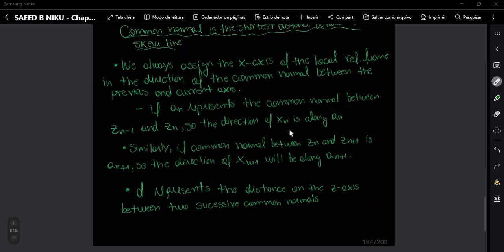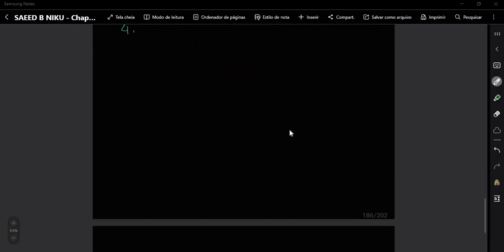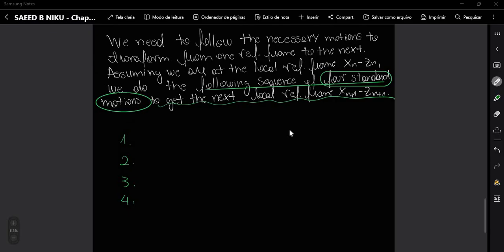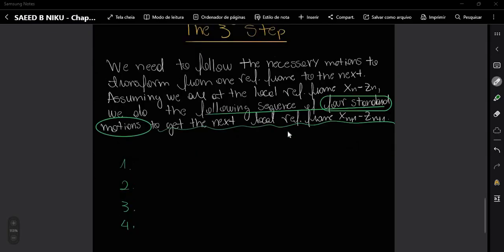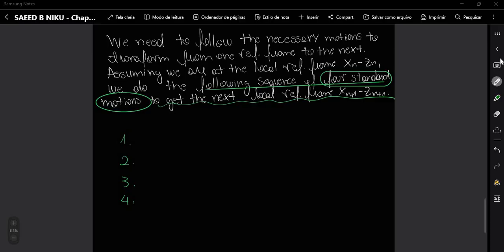We stop right here, on the third step, and I'm about to describe the sequence of four motions that we need to take so we can get on our